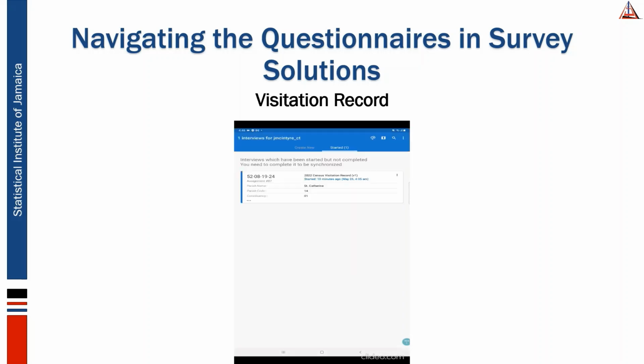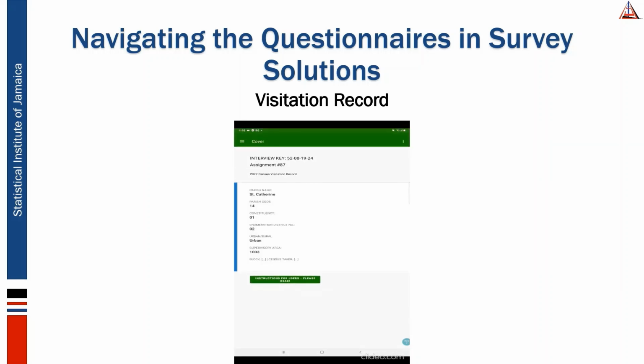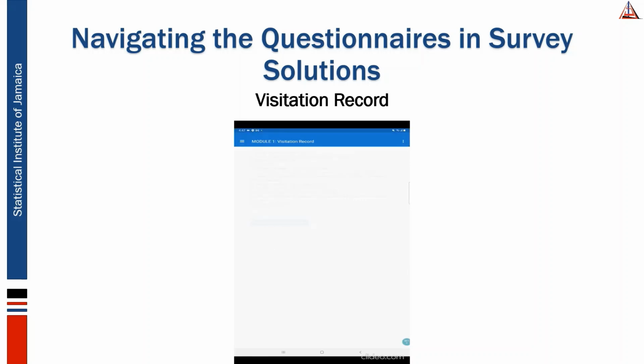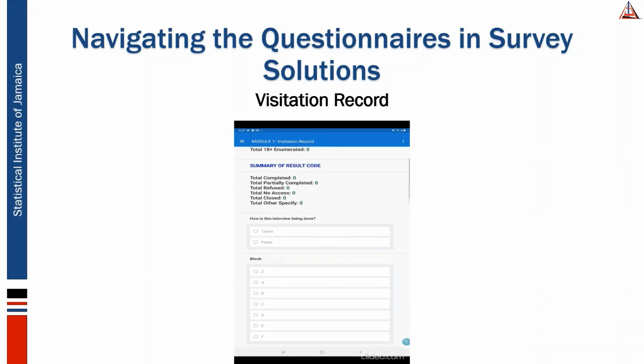You will open or create a new interview and read the instructions for users. From there, you go to Module 1, Visitation Record. You enter the preliminary data. How is this interview being done? Whether the ED is blocked, census taker name,